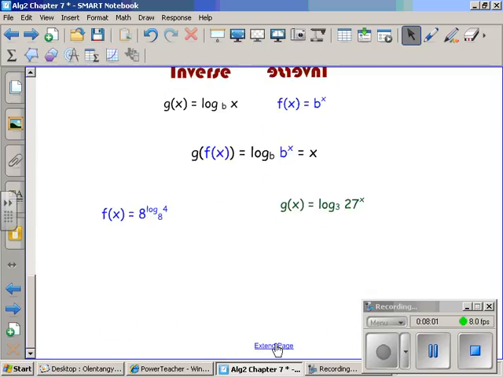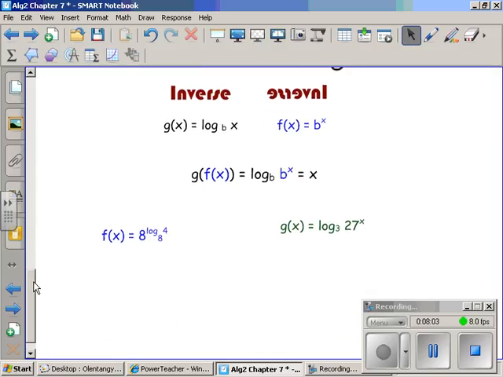All right, the last thing gets a little bit confusing, and that is inverses. We said the whole reason we started studying exponents and logs was that they were inverses of each other, and they helped us solve exponent problems. All right, so if you look at this original, I've got two ways that I thought might make sense. So let's look at the first way. If g of x is log base b of x, and f of x is b to the x, okay, then if I plug f of x into g of x, I get log base b of b to the x,